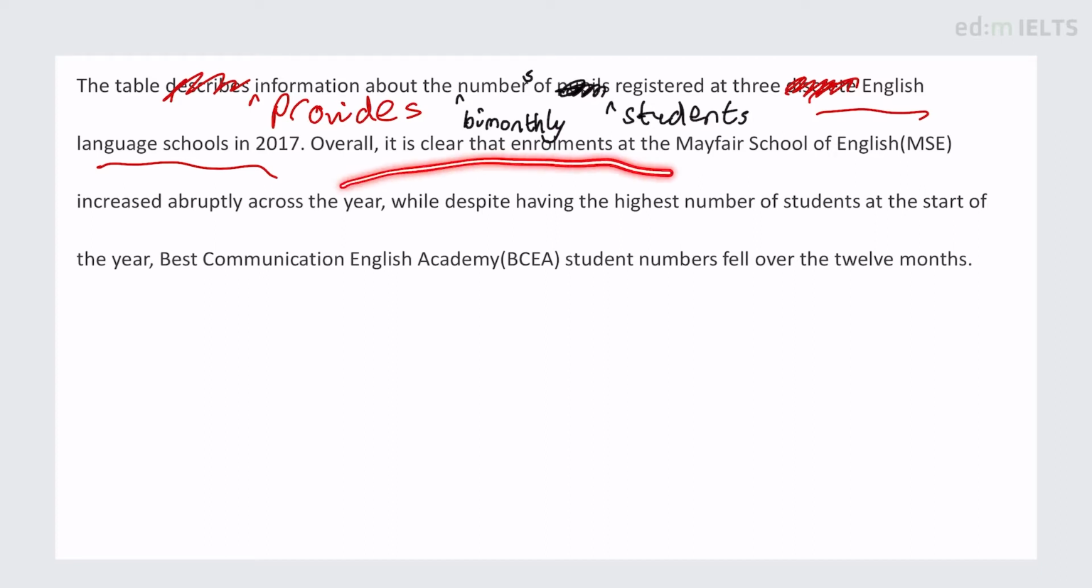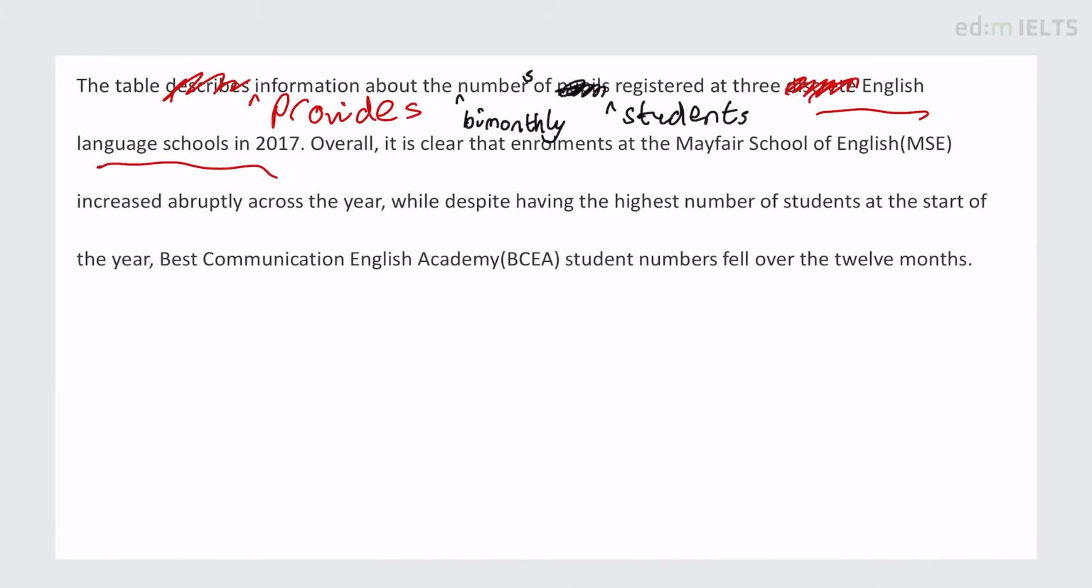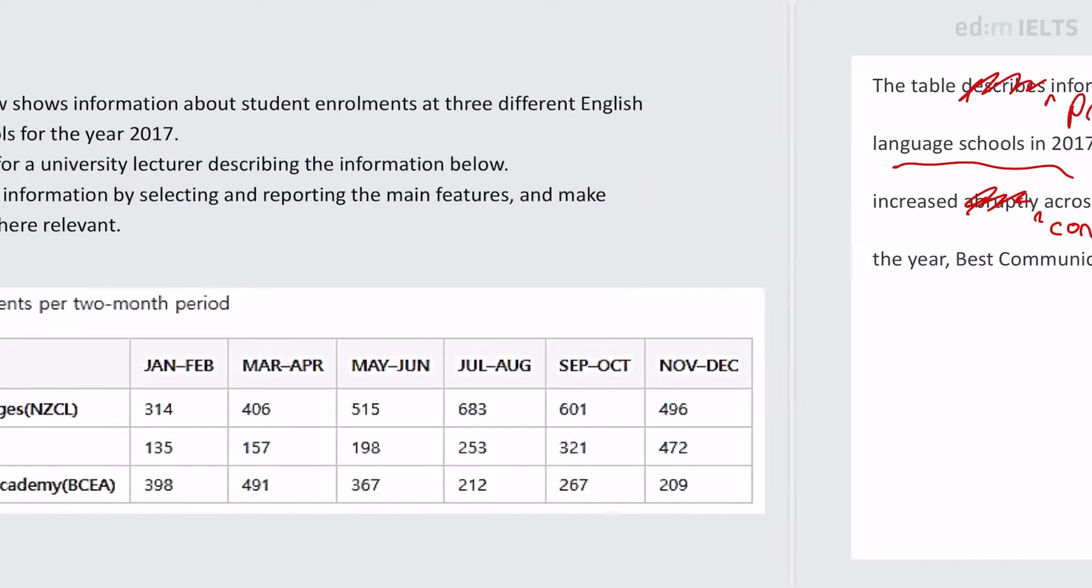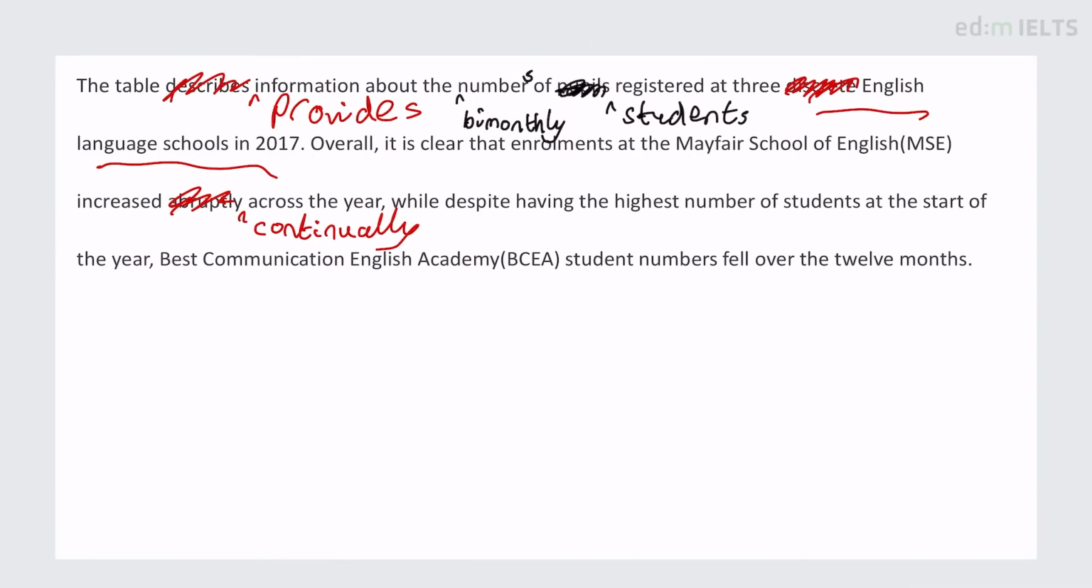So overall, it's clear that enrolments at the Mayfair School of English increased abruptly across the year. There we go. They go up every time. Up, up, up, up, up. Abrupt means suddenly, kind of like if it's a line graph like that, it's quite sudden. We're not talking about that. Abruptly is the wrong word. Continually means again and again. So here, once again, continually went up, repeatedly. Continually across the year, while despite having the highest number of students at the start of the year,